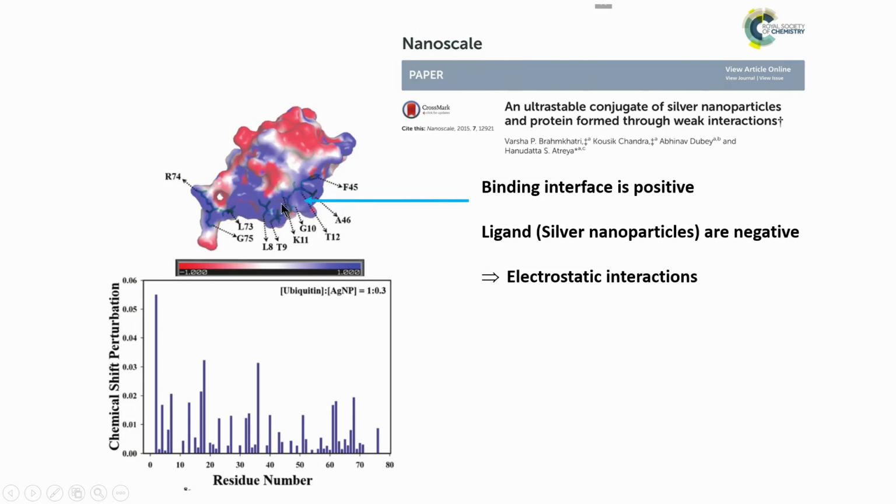So, this blue color patch what you see here is a positive charge surface on the protein, and the red color means negative charge. So, these are the ways which NMR can help us to identify where is the binding region. But what is not coming out from these studies is how strong is the interaction. We want to measure also the strength of the interaction.